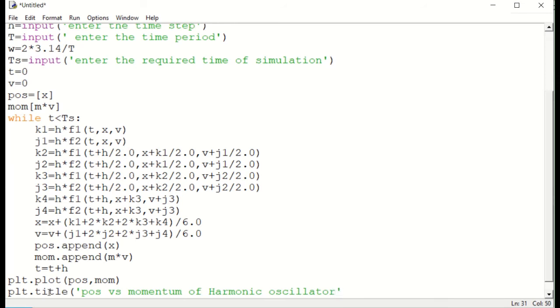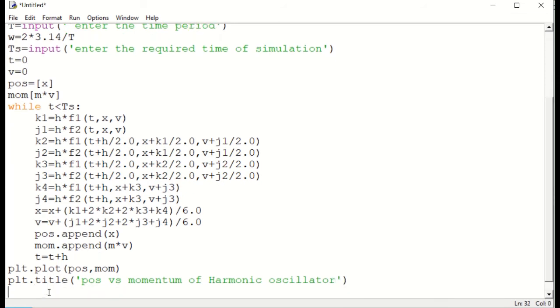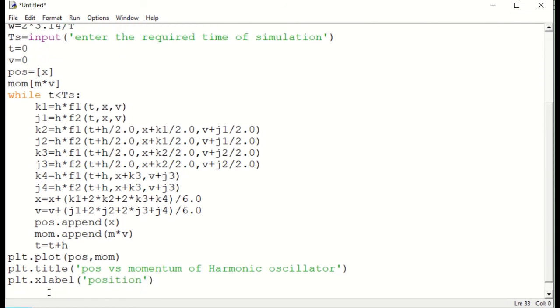Okay, we have done that, and this is actually decorating our plot. Then we will have some X label as well as Y label. On the X axis we have the position of the oscillator, so we'll have position, and on the Y axis, we'll use plt dot Y label, and we'll have momentum.